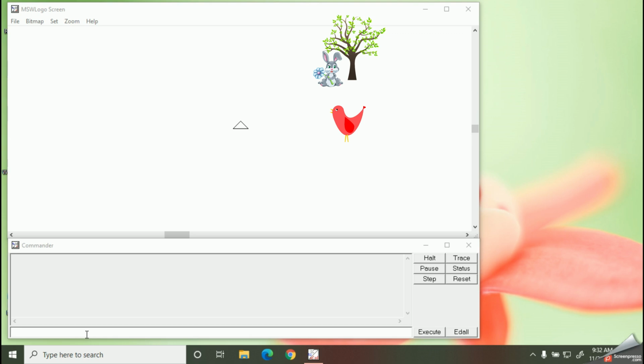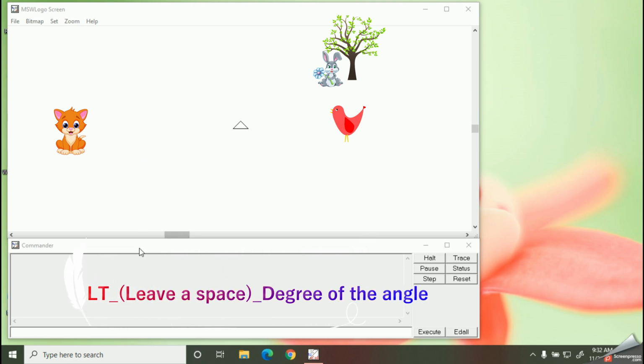So, finally, let's learn how to turn the turtle to the left side so that my turtle can see the cat. Here you can simply use the command LT, then leave a space and type 90.